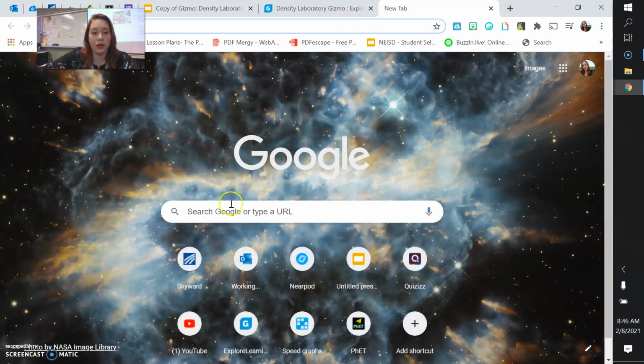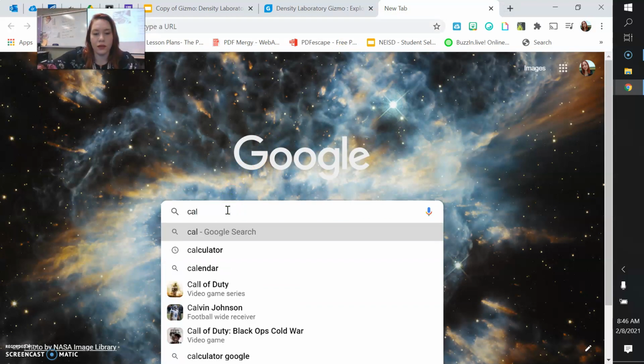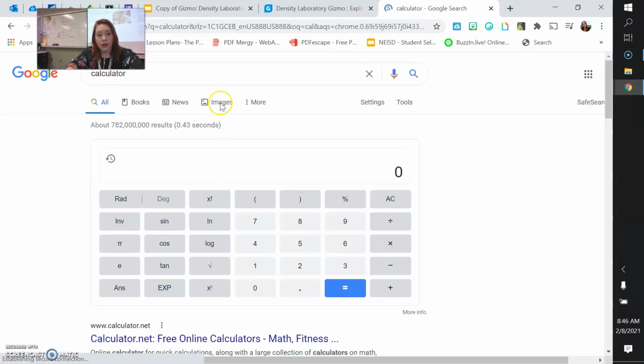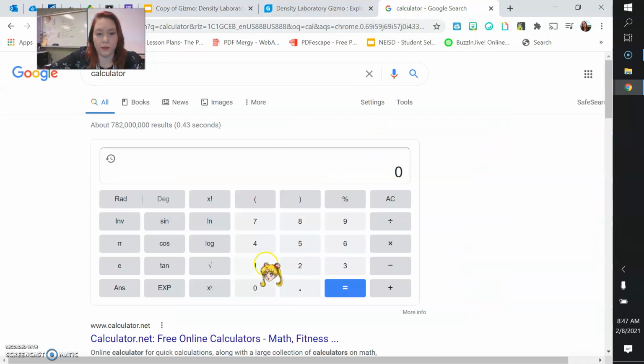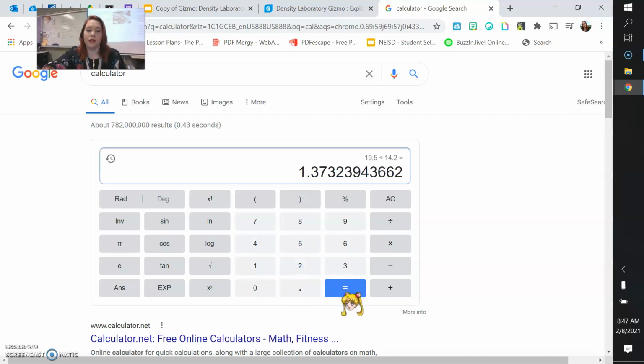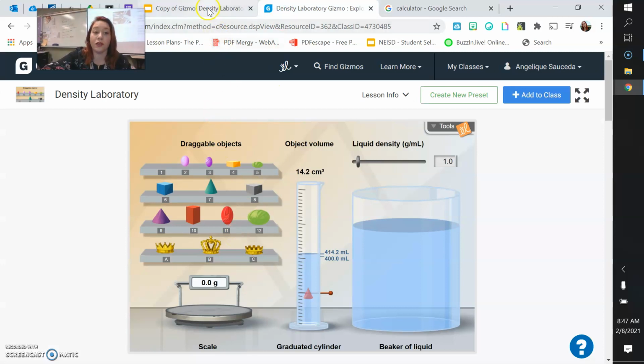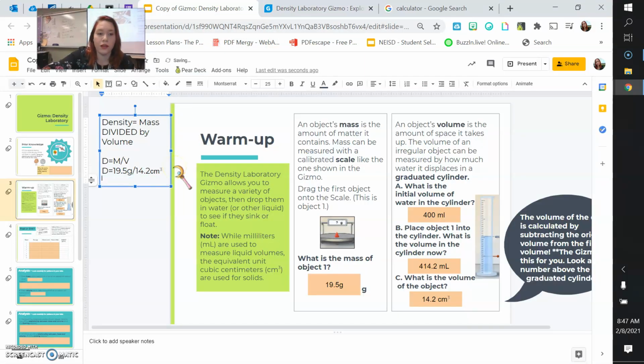Now you are allowed to use a calculator. We can Google calculator. So we're going to take our mass, 19.5, and divide that by our volume, 14.2. 19.5 divided by 14.2. This gives us 1.37. We can just get the first 2 decimal points, that would be fine. So our density,